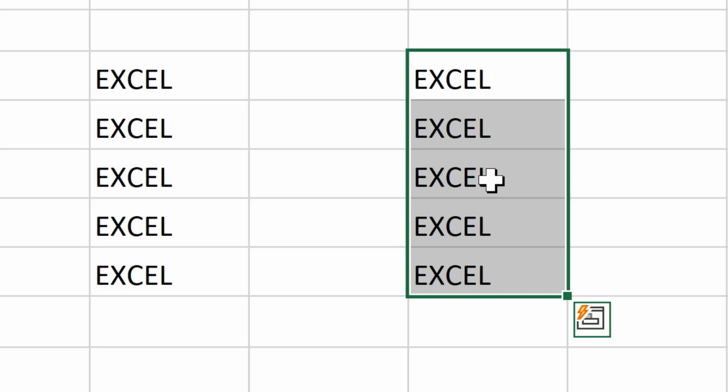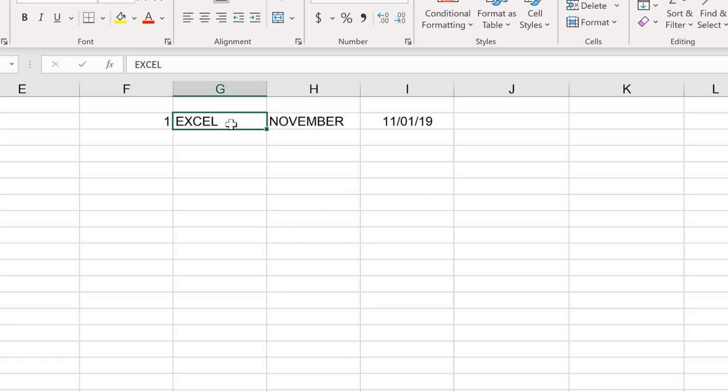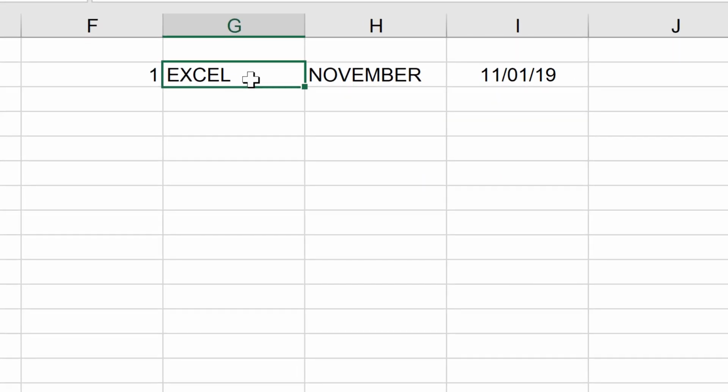Which of these cut and copy actions makes sense when you're editing your worksheets? Number 6, using autofill. How can you quickly copy data or create an automatic series in Excel? Autofill is the answer. Autofill is a great way for you to copy or duplicate from a selected range to